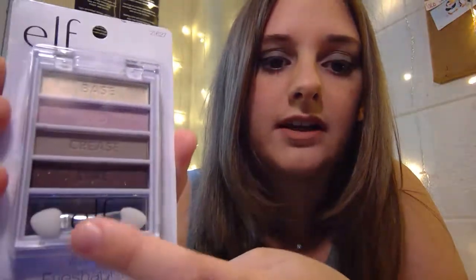It's really nice because it comes with a look you can already follow. So it's a Flawless Eyeshadow Happy Hour color. I don't know if they're going for a sort of smoky eye look. It says you can do natural to bold looks. So it starts with a base, and it has a lid, crease, line, and then it comes with a little